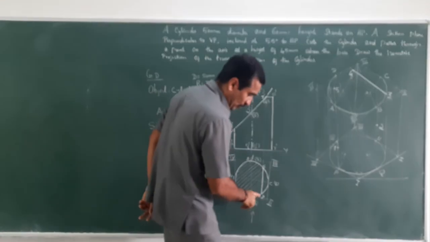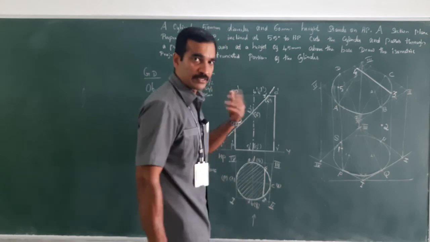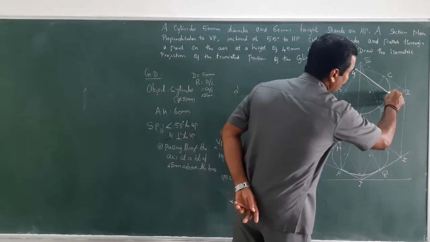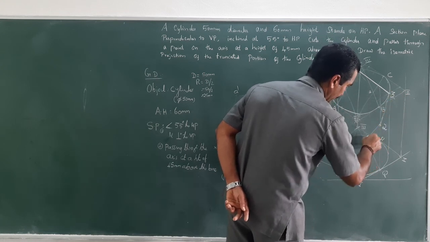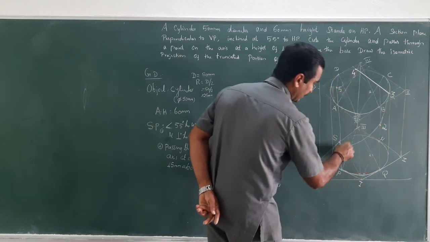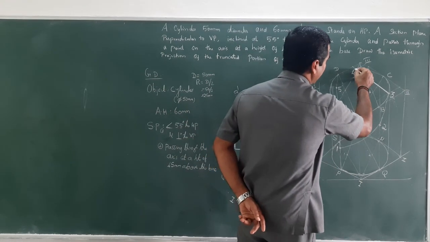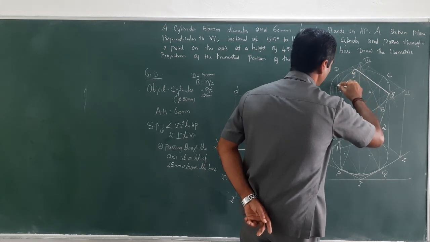So look at the top view. The top view is a straight line, so 3 to 4 can be connected by using a scale. Rest everything should be connected by using freehand. So just draw by the freehand method. This is the boundary shown. When you draw the freehand, it should not go beyond that.